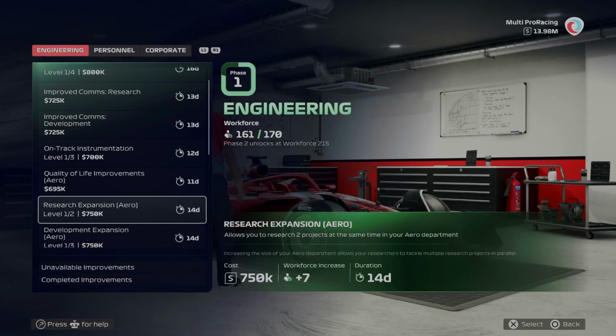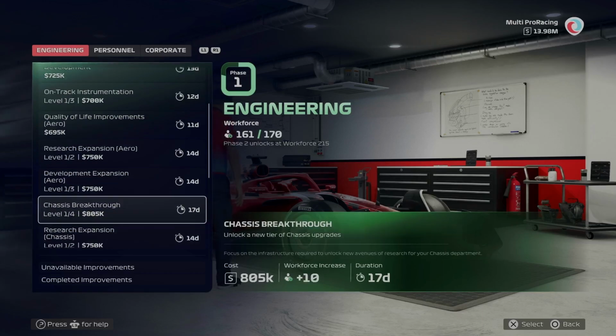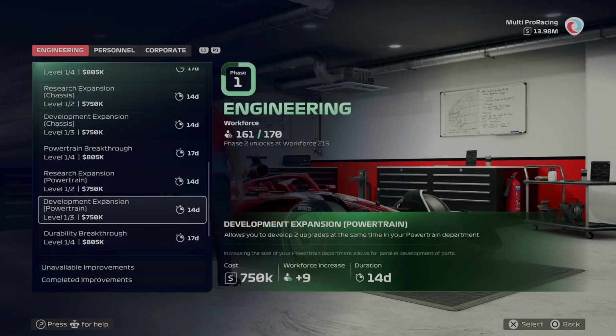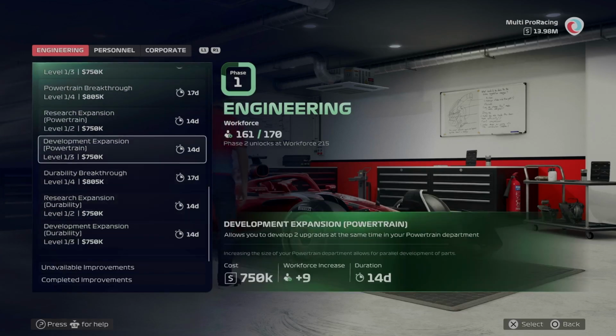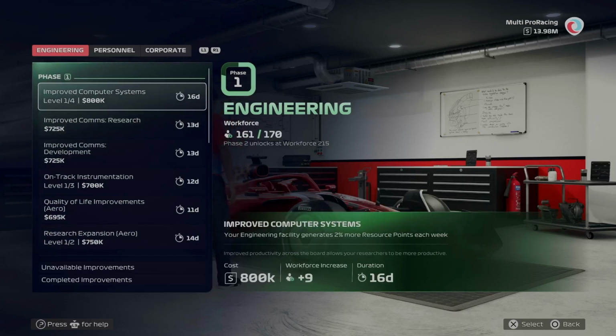Increasing the size of your aero department allows your researchers to tackle multiple research projects in parallel. Well, we don't have enough coins yet to really handle that. Focus on the infrastructure required to unlock new avenues. Okay. Durability, research, breakthrough, expansion. Okay. So I think what we did last time was we improved the intranet. So